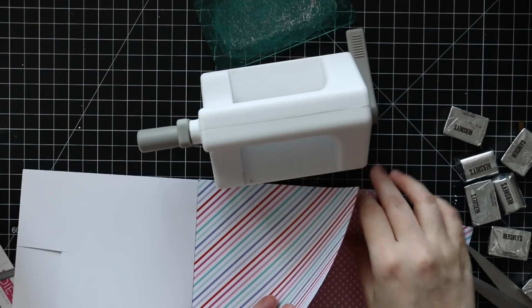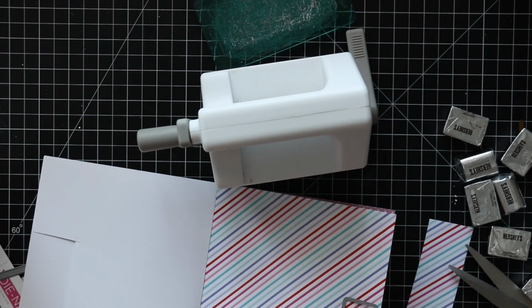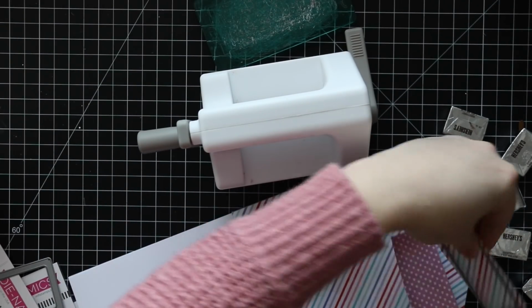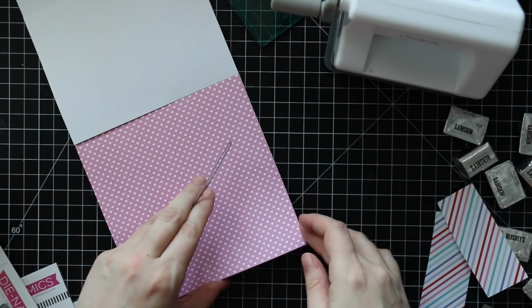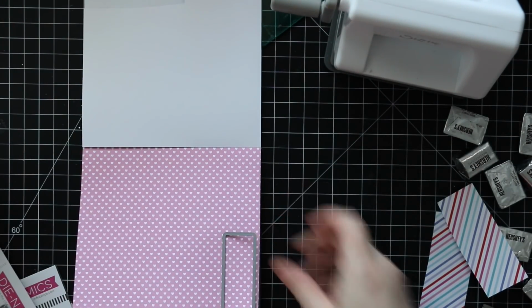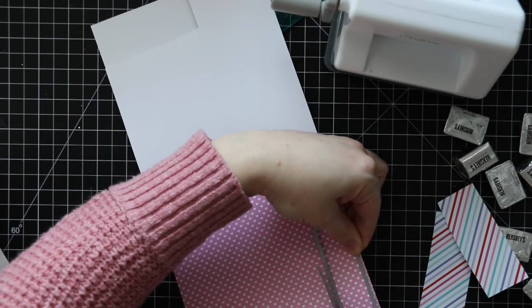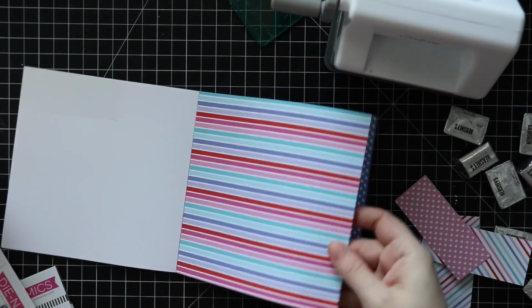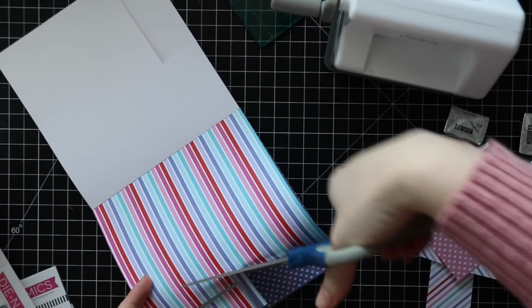So I started with the 6x6 paper pack. This is the Sweet Stack paper pack, and I have a thing for Valentine projects and Valentine themed things like pattern papers and whatnot. There's just something about it. In this pack, I love the little hearts and the stripes and the fact that you could totally use this all year round, really. So I took every single sheet of this pack and I just cut out small rectangles